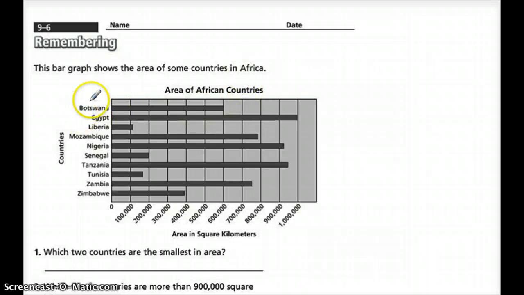Okay, so these show the area of some countries in Africa, so the area in square kilometers. So Botswana has 600,000 square kilometers. I got that because if I go straight down, I see that 600,000. Now, the ones that go halfway in between, such as this one, that one's going to be 750,000. Okay. All right, so you're going to look at the bar graphs. Which